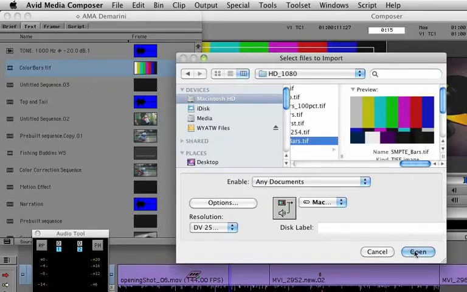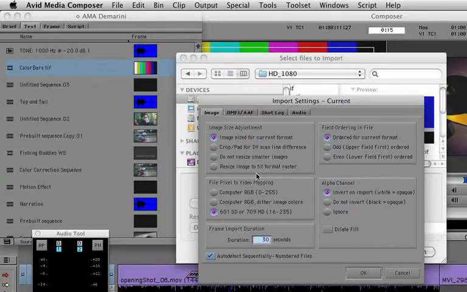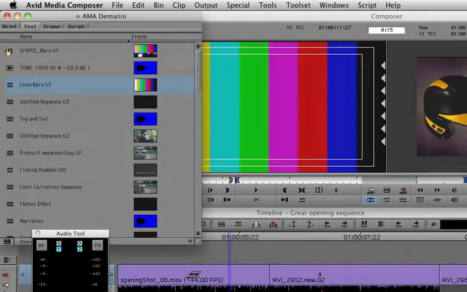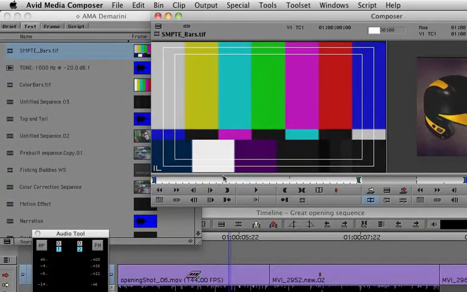Now, before I do this, one thing I do want to caution you about is the options that you choose when you go into this. You want image sized for current format because Avid chose the proper size and shape for these color bars. And also, these color bars are 601 color bars. They're not RGB color bars. So you have to have 601 chosen as an option here instead of computer for them to be brought in with the proper levels. Choose OK and open, and it imports empty color bars, and then you can cut those